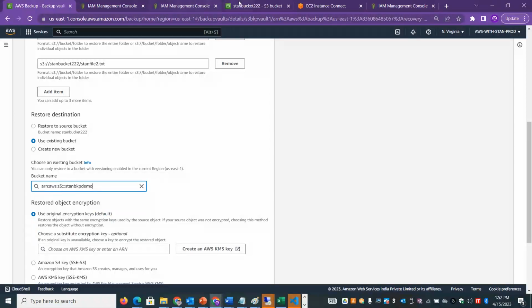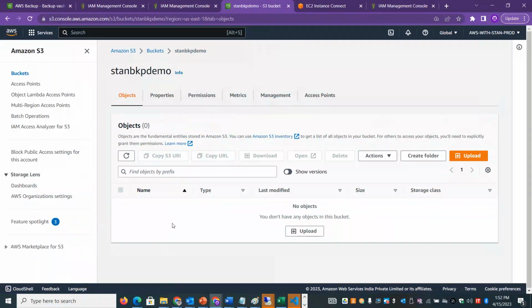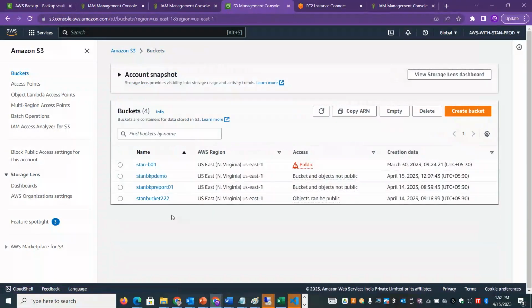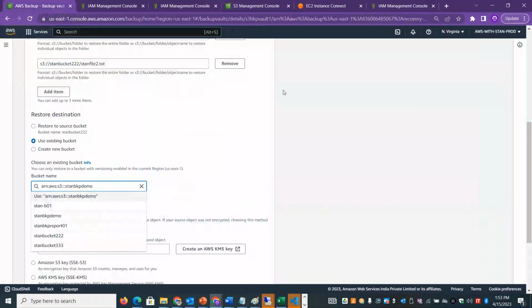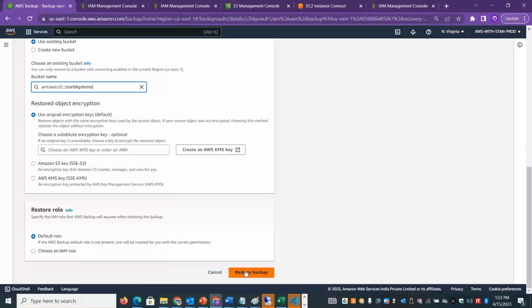So this particular bucket is now in fact empty. It doesn't have any content. It will have the 2 files that we are restoring in a short while. And also the other restoration, it will create a new bucket called stand bucket 333, and it will restore the content here. So let's give it a couple of minutes. So the restoration will take some time. So now let's go and restore. So we have done 2 different